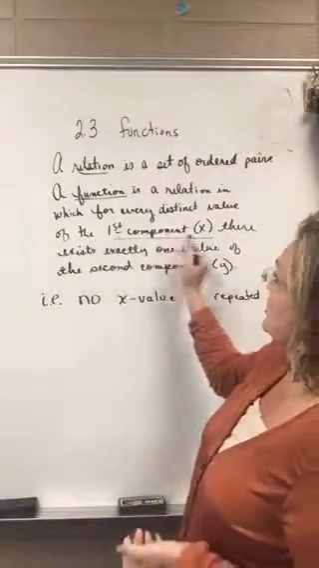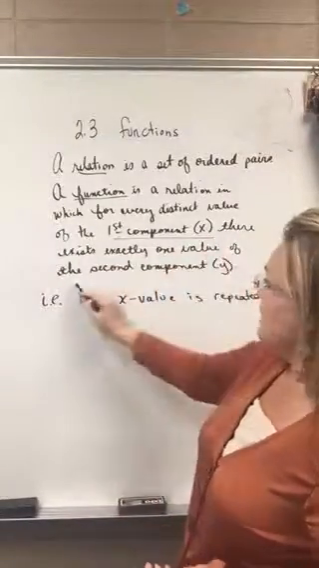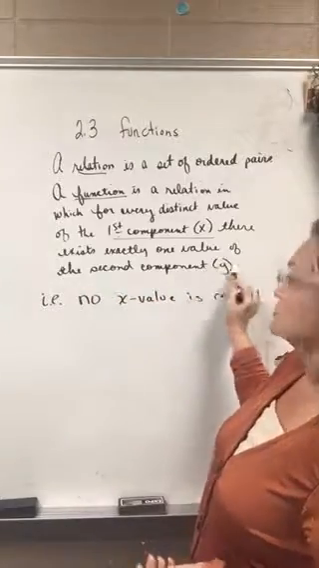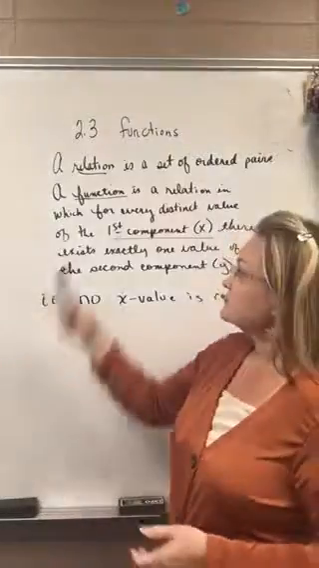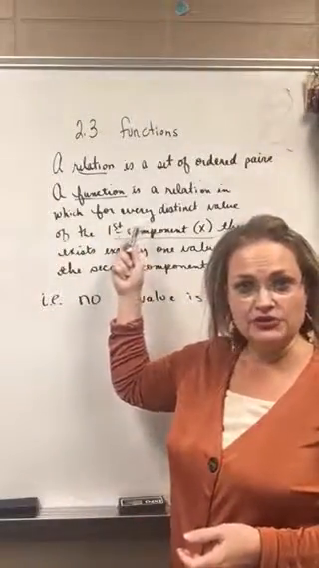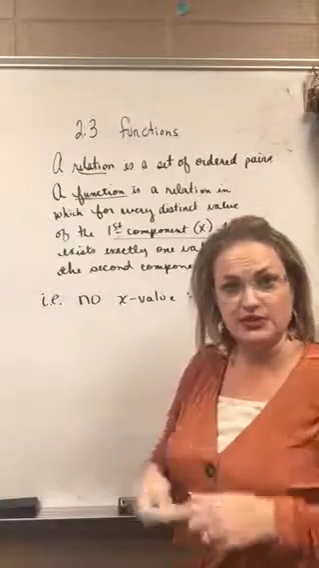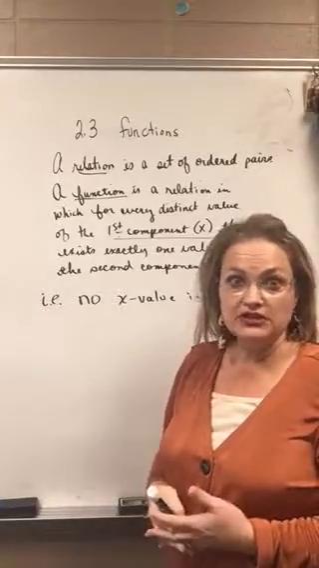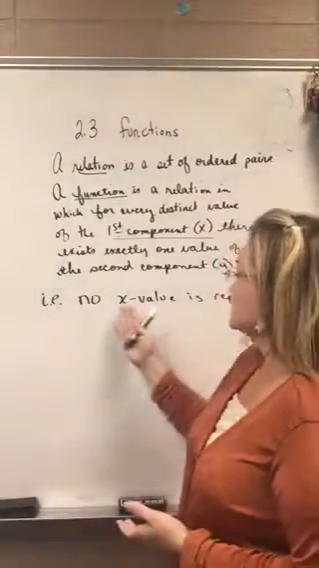So for the first component, normally x, there exists exactly one value of the second component, which we usually use the y variable. So in a function, for every x value, the first component, there can only exist exactly one y that corresponds to it. What that's really saying in easier terms is there's no x